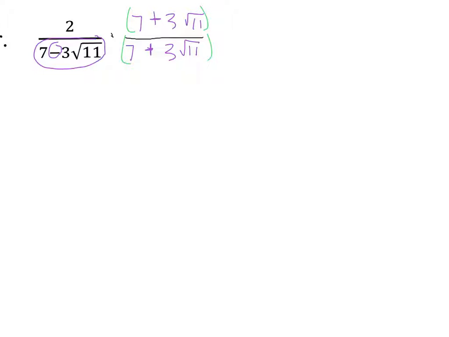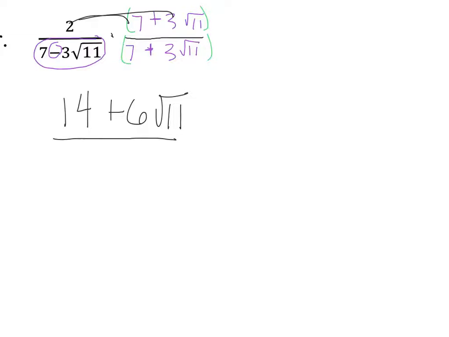So on top, I would distribute this 2. So on top, this becomes 14, and this becomes 6 square root 11, because the 2 gets multiplied by the 7 and the 3. On bottom, it's your first